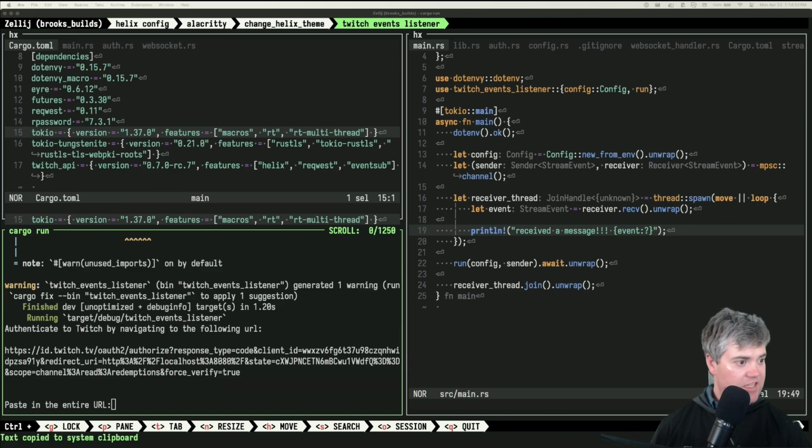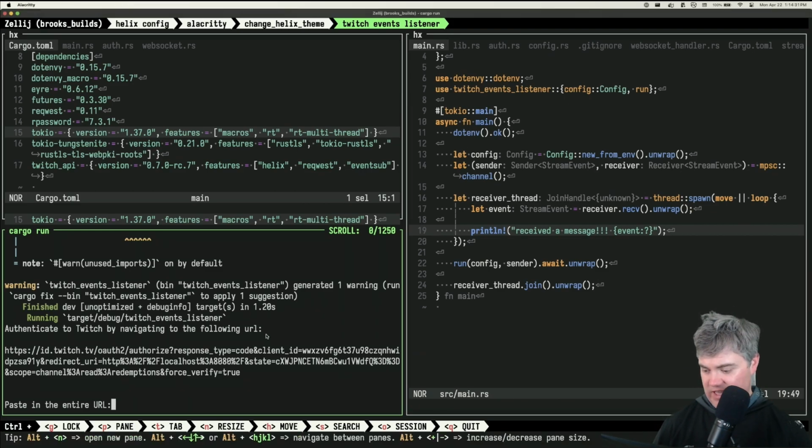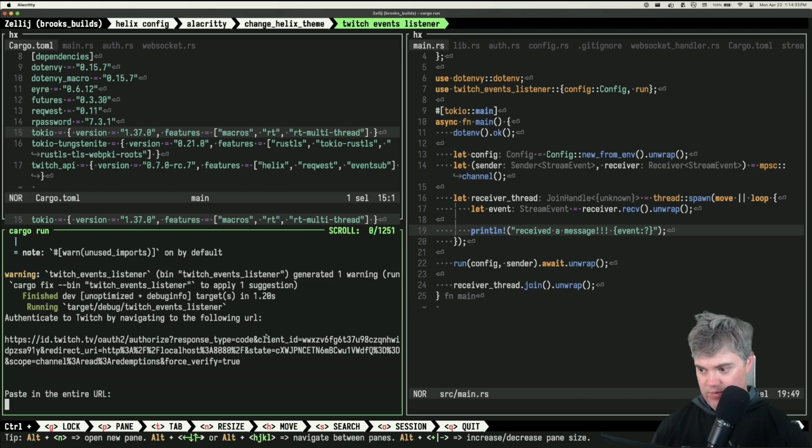The assumption is that this will work, and then it'll be like a pain for me to start up once at the beginning of the stream, and then it will just sort of be working for a while. See, that one just worked the first time. I don't know why. Okay, so now change Helix theme to,